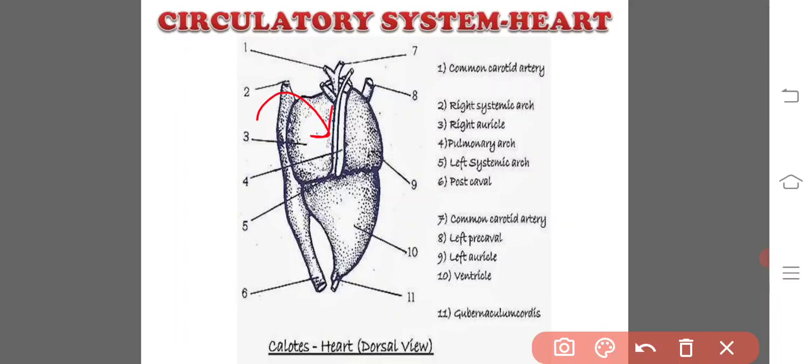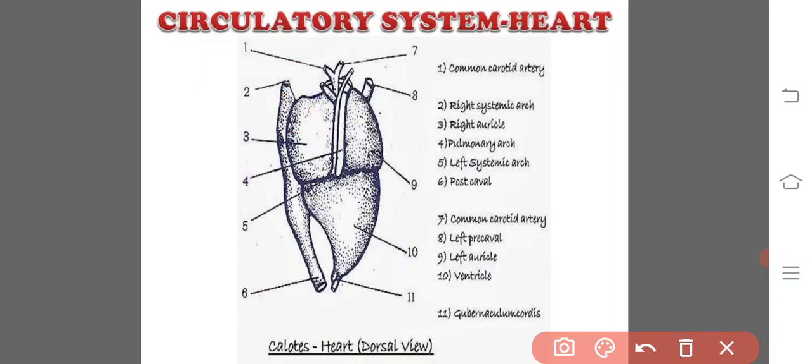Sinus venosus collects deoxygenated blood from all the body parts. So let us assume it will be here. It is like this. These are the two precaval veins and one postcaval vein. Precaval veins always collect the deoxygenated, impure blood from all the anterior body parts of the Kelottis, whereas the postcaval vein collects the impure blood from the posterior body parts, and all of them fuse together and form a sac-like, bag-like structure, which is the sinus venosus. It opens into the right auricle where the impure blood gets collected.